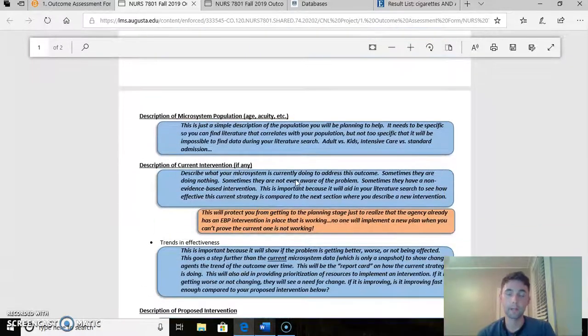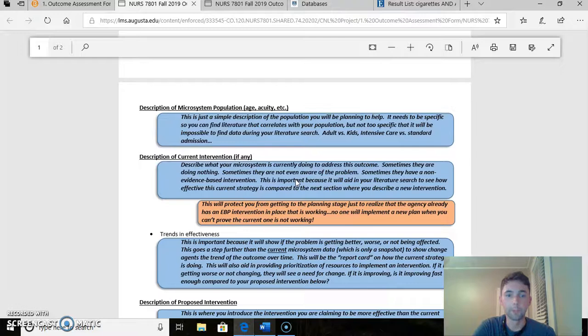We need to describe your microsystem. What type of patients do you see on your unit? So for 3 South, where I used to work, for example, acutely ill geriatric patients. For you, it may be post-surgical patients who are in recovery. It could be neurology patients who are in the step-down unit. It depends on what unit you're on. Then you want to